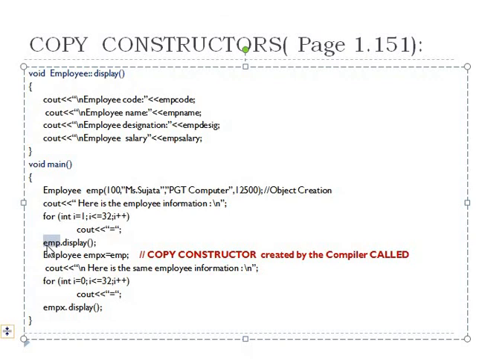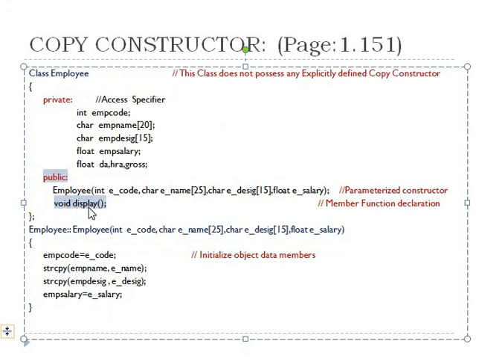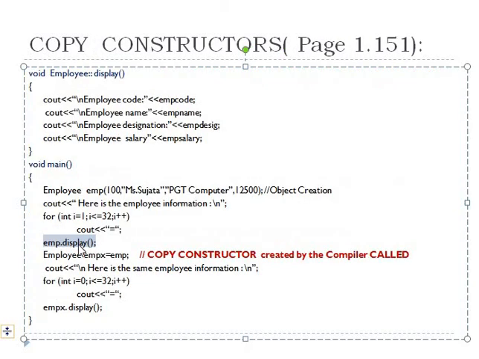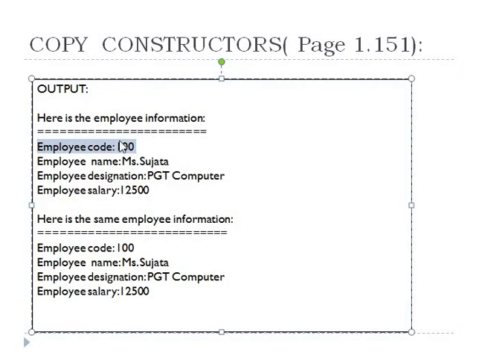Next, using the object emp, I am trying to access this member function display. The access has been granted because this member function has been declared under the public access specifier section. As a result, the control is going to move from this calling function into this called function, and then it is executing all these 4 statements inside its body. At first it's printing the text employee code and then the value of the data member emp code. So what's the value of the data member emp code? It was 100. That's why I get to see employee code 100 in the output.